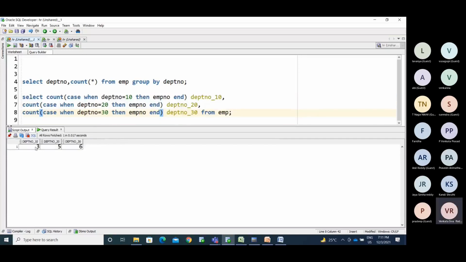So department 10 has 3, 20 has 5. This is the way. Now you need to convert the data subject wise marks and compare them using another case statement on top of this.